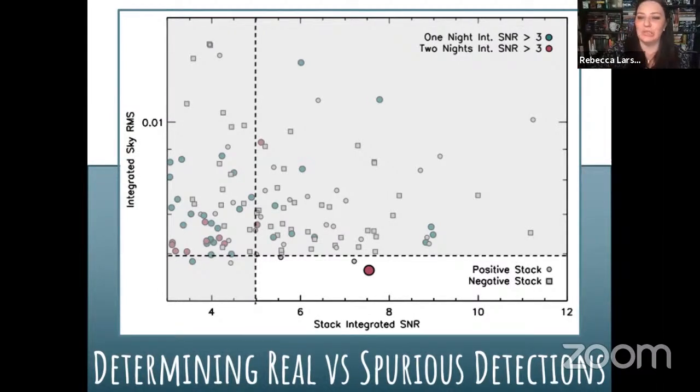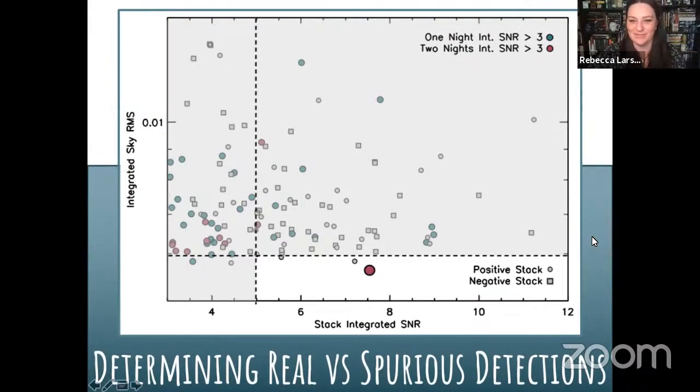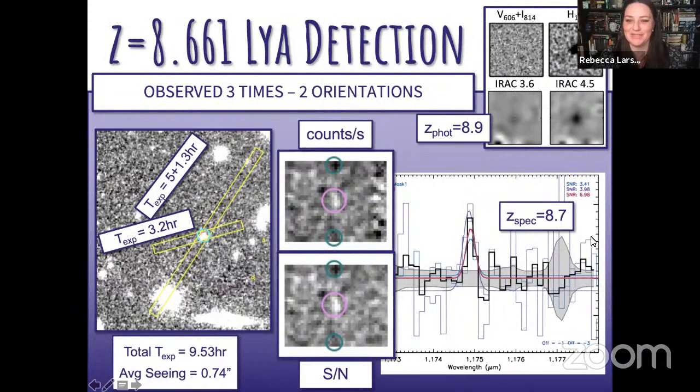And so I will show you just the one observation and the one detection that we have. Unfortunately, I'm not as lucky as Ryan with a very high detection rate, but 1 out of 12 ain't so bad, especially at redshift 8.7. So here is our Lyman-Alpha emission line. Here are the postage stamps from Hubble and from Spitzer, and our photo-z was around 8.9,